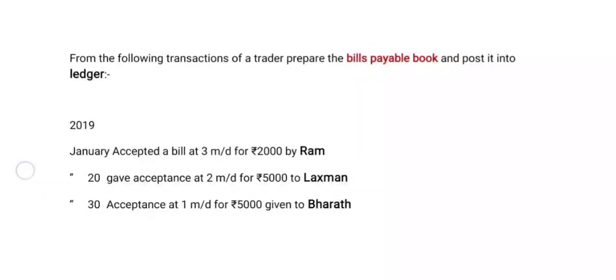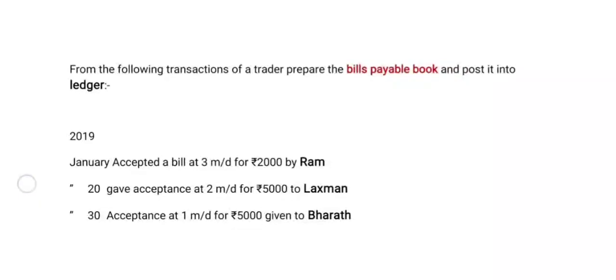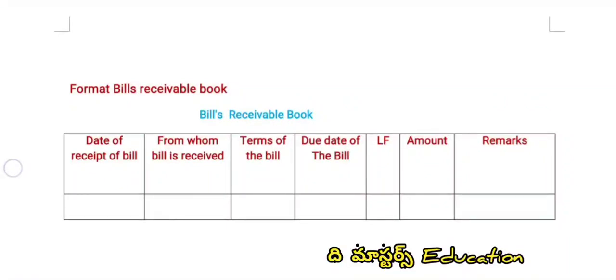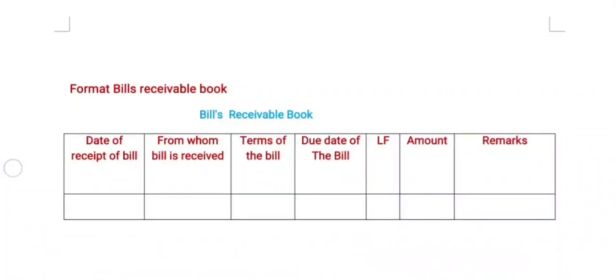Now we are going to start with the pro forma of the bills receivable book. Format of bills receivable book. The bills receivable book is a book in which all receivable transactions related to bills are recorded. Here the bills receivable book is related to credit sales. At the time of credit sales, the agreement between two parties is written, accepting to pay a sum of amount in future. This is called the bills receivable book. We already discussed this in the previous class.